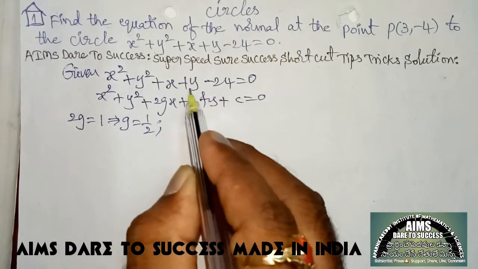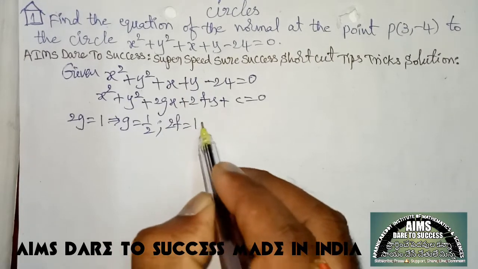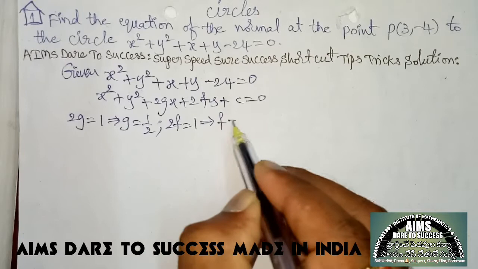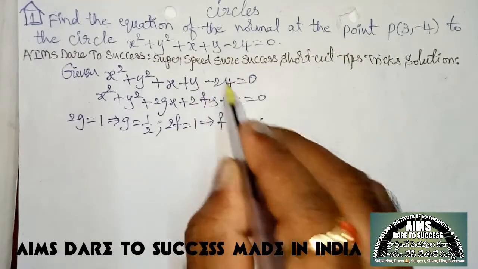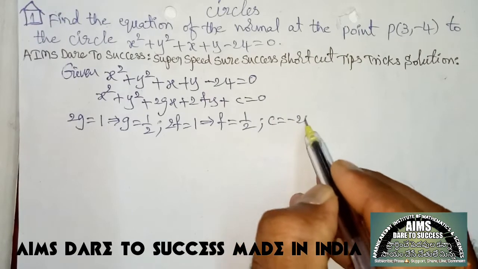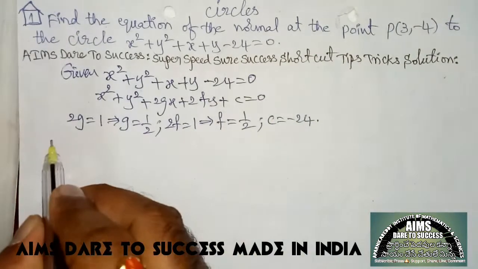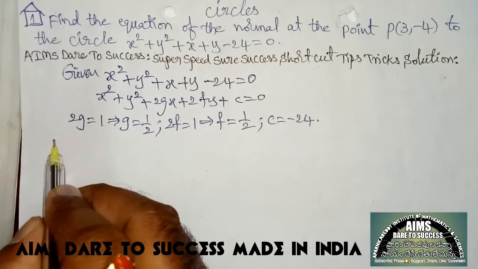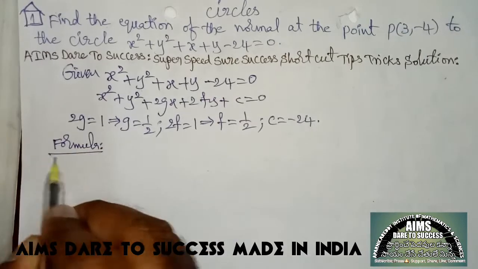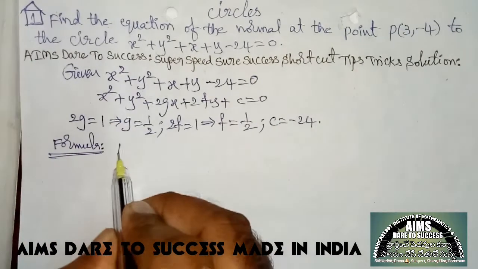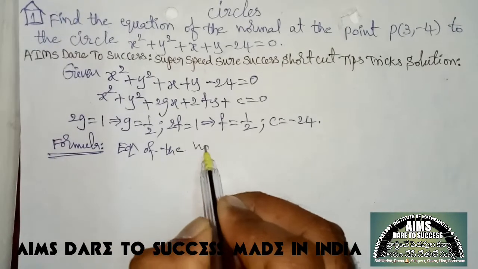Comparing the y coefficient, 2f is equal to 1, so f is equal to 1 by 2, and the constant value c is equal to minus 24. After getting f, g, c values, now I am writing the formula, the simplest formula,